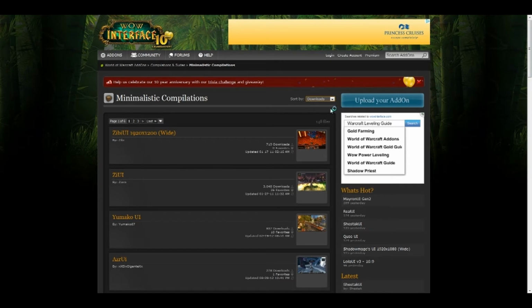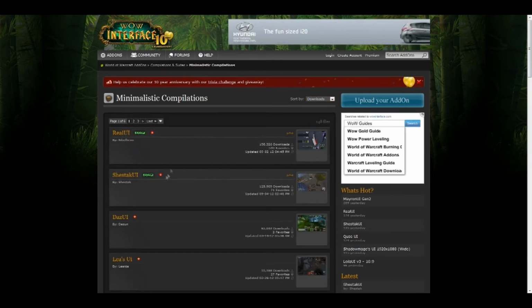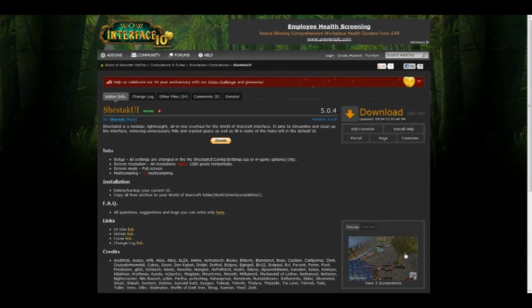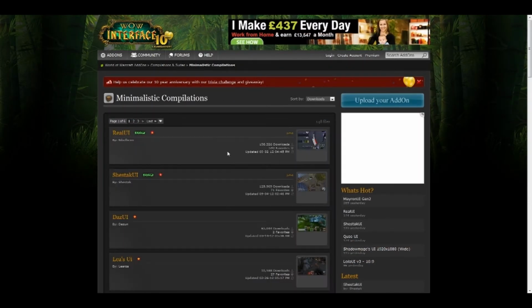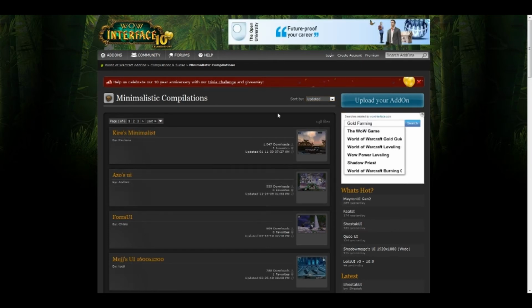Now if you click on downloads, you get the highest downloaded one, which is Real UI. This Stack UI looks pretty nice, looks kind of slick. All you have to do with these is download it and extract it, and I'll show you how to do that in a second. I just quickly wanted to show you one that I was quite fond of, and it's called, see if we can find it,